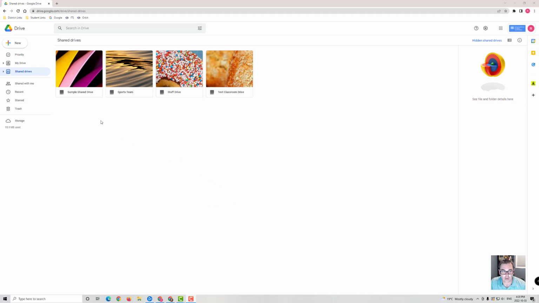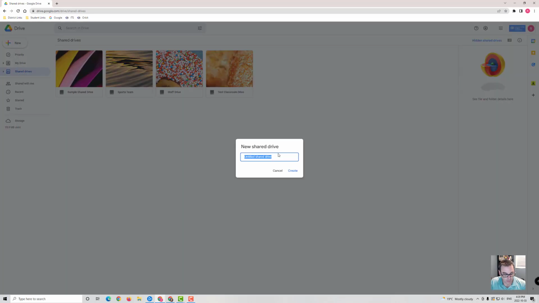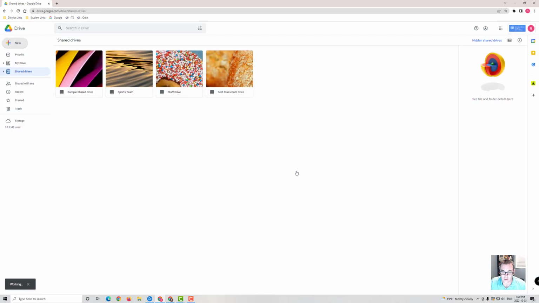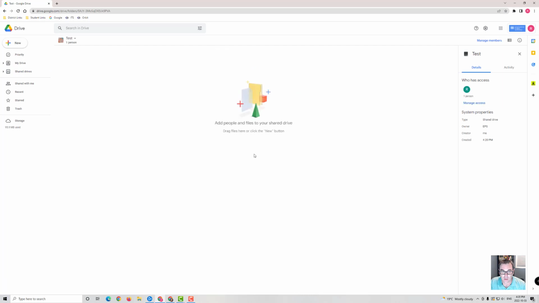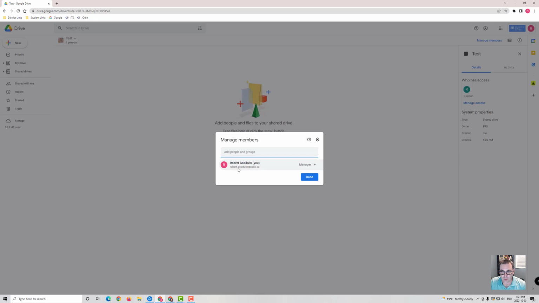Creating a shared drive is as simple as being in the shared drive section, clicking New, and providing it with a name. Upon creating a drive, you will be the only user in charge of that shared drive at this time. You will notice that you can, in the top left, add additional people. This can be done by clicking on the drop-down and selecting Manage Members. You'll notice that because you created the drive, you are a manager. That means you can do anything you want with this drive, add and subtract users, delete, edit, and manage files as you see fit. When adding another person to this drive,